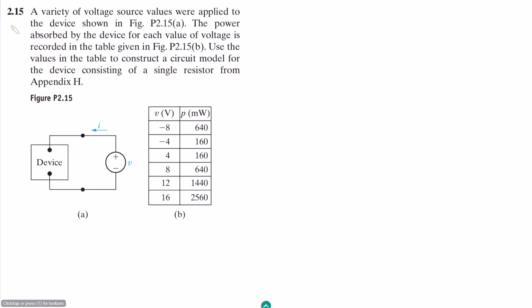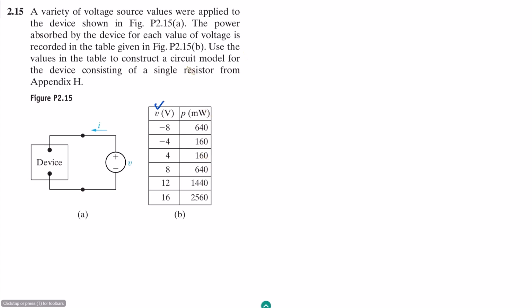This is question 2.15, and the statement of this question is: a variety of voltage source values were applied to the device shown in figure P2.15a. So this is the figure where this is the voltage source, this is the current, and the device is connected with it in series. The power absorbed by the device for each of the voltages is recorded in the table given in figure 2.15b. This is the table where the applied voltage is here, and the power absorbed by this device is